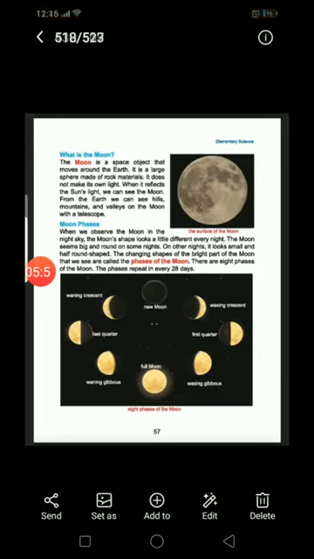The moon has no light of its own, but we can see light. How can we see the light? Yes, when it reflects the sunlight, we can see the moon. When the sunlight reflects on the moon, then we can see light from the Earth. That's why we think that the moon has its own light. Actually it's not. From the Earth we can see mountains, hills and valleys on the moon with a